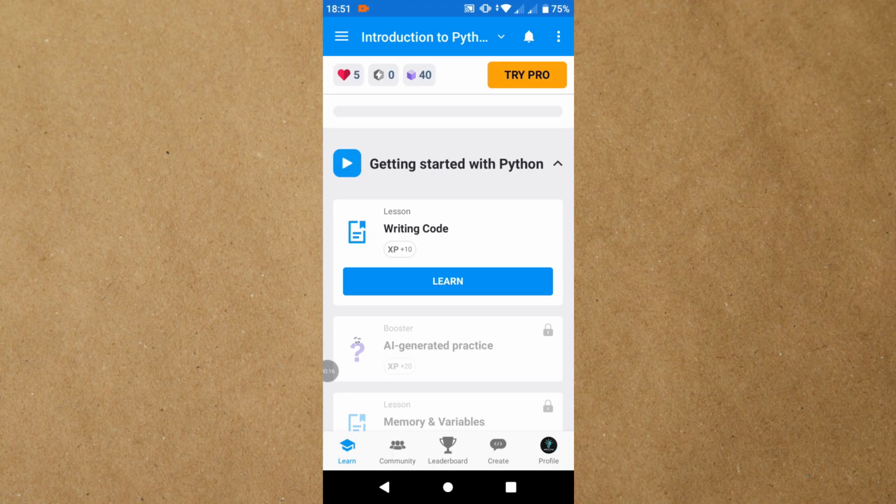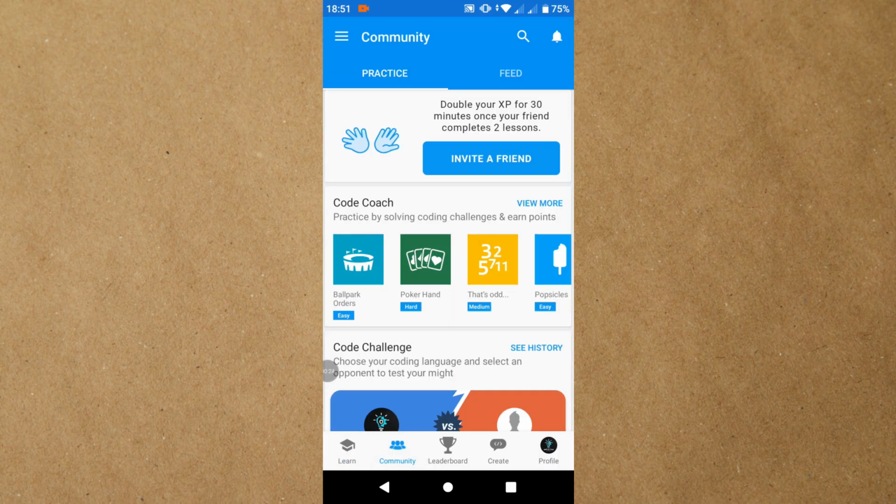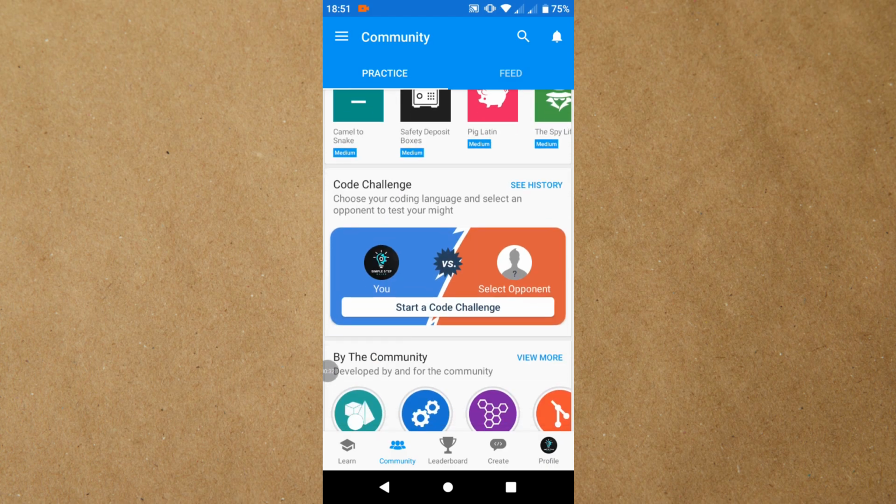What you want to do, guys, is switch from the learning tab in the bottom left to the community tab here at the bottom, just like that. And after that, simply make sure that you select practice here at the top, not feed, but practice. And then simply swipe through that list here of